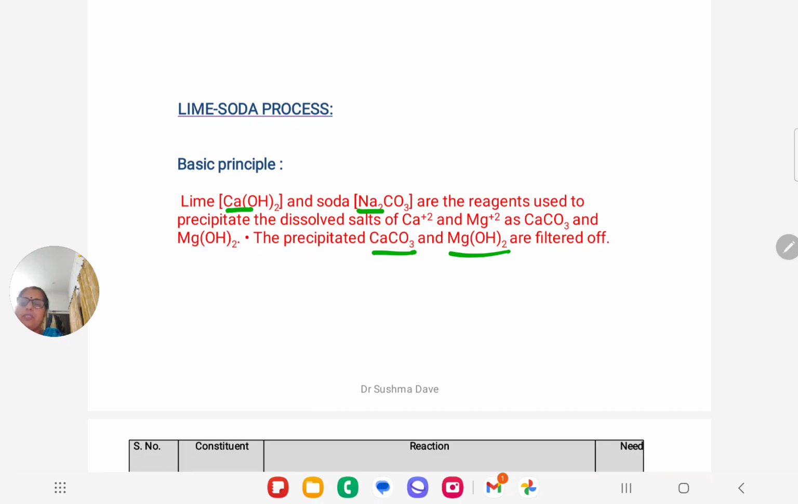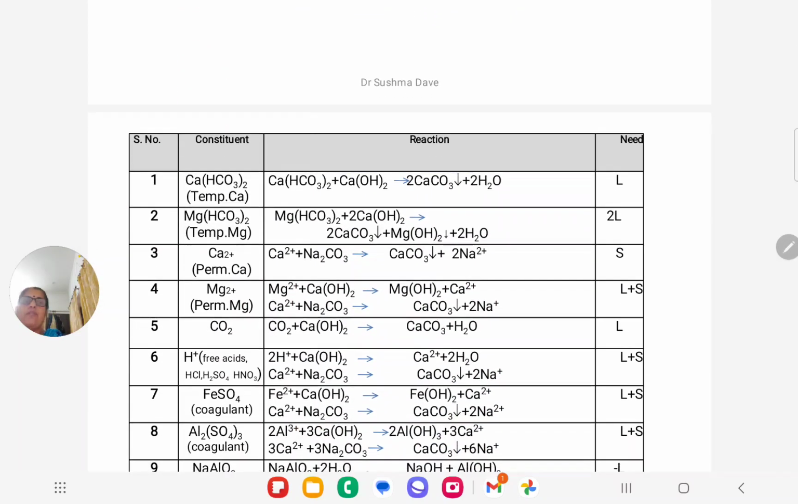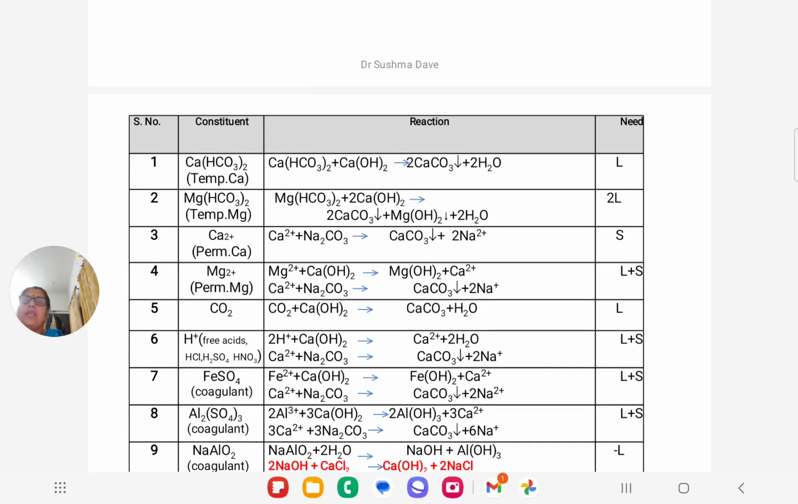So to perform this reaction, we need to calculate what amount of lime and soda is required. So we have taken the hardness producing substances on left hand side, and then we have seen how they react with lime or with soda so that they are converted to corresponding salts of calcium carbonate and magnesium hydroxide, and from the extreme right we can find out what amount of lime and soda is required. So if you go through the table,